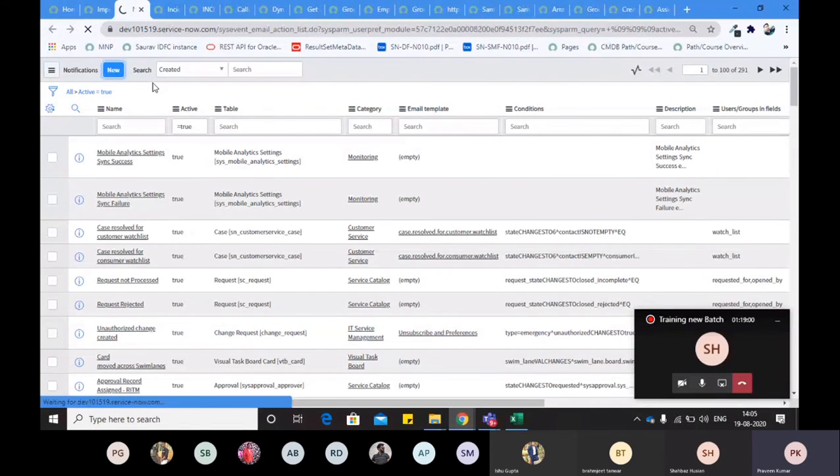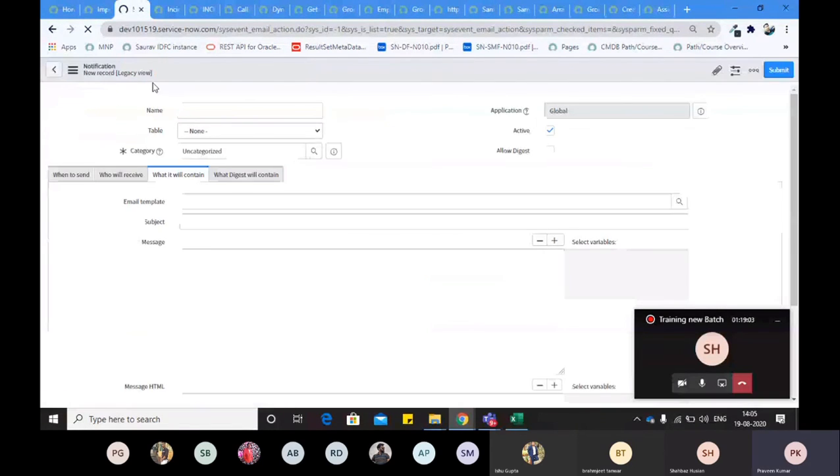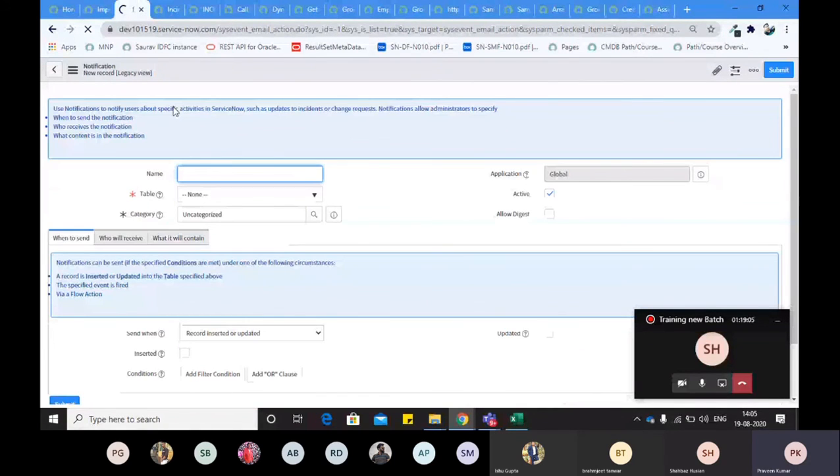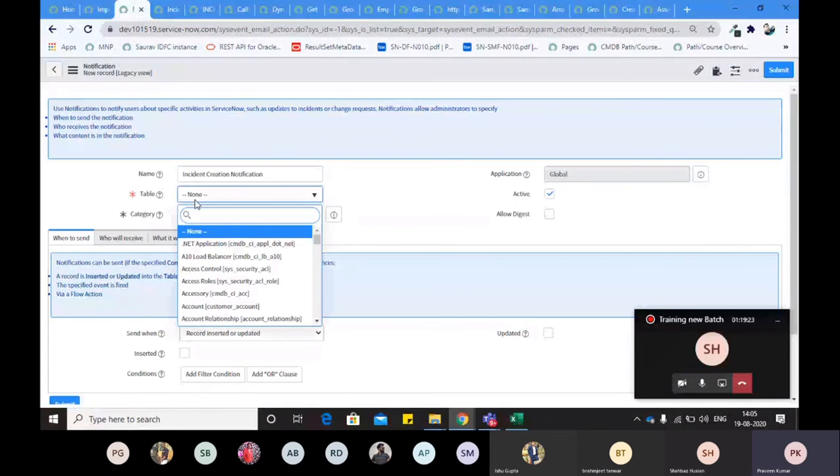For example, I will show you how we can create a new notification. Say I am creating an incident creation notification, meaning whenever some incident is created, some notification should be sent. On which table will this notification work? The incident table.